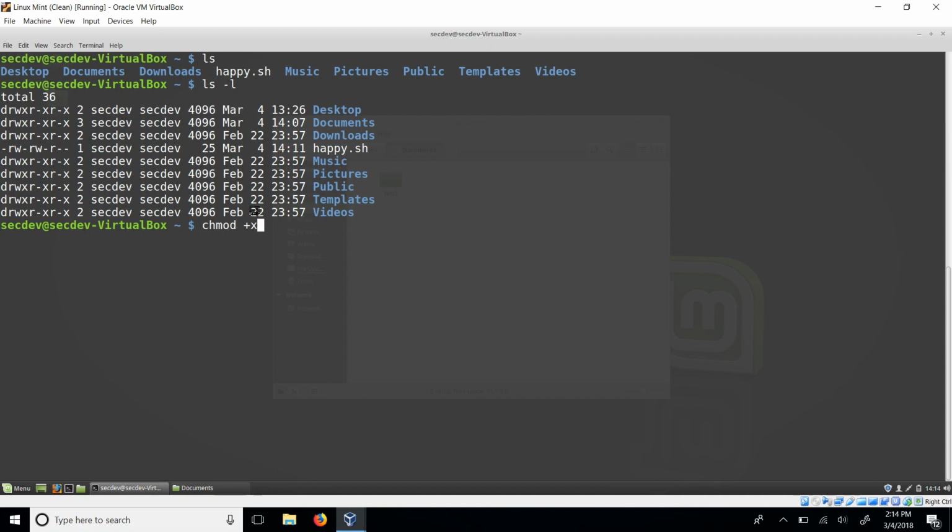So I'm going to do chmod +x and then happy.sh. So chmod +x happy.sh. What that means is it changes the permissions to add the ability to execute that file, happy.sh. So we run that, and then in order to actually run the file, and I'll prove to you that it works,